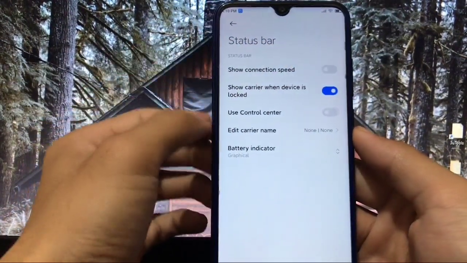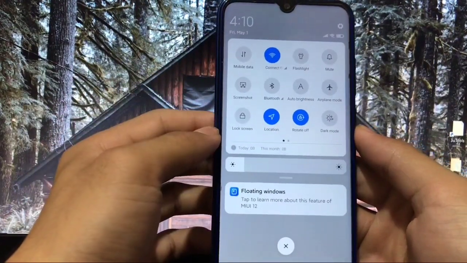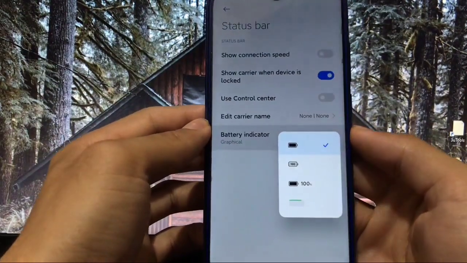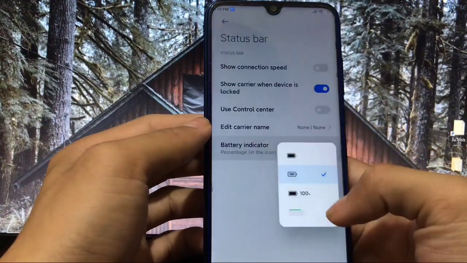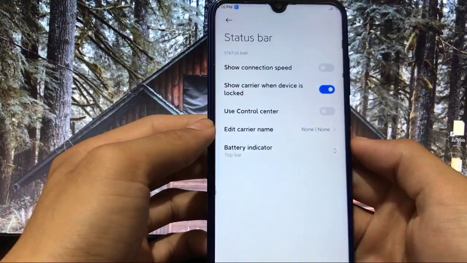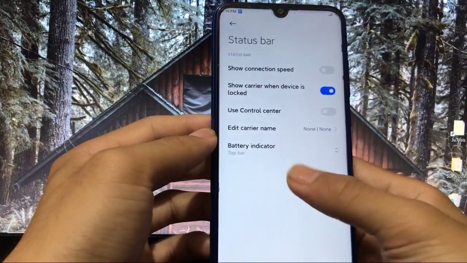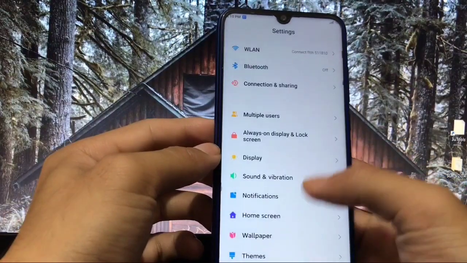If you don't like it, you can use the MIUI 11 control center or MIUI 11 notification bar, which looks very good. Also there is a new menu for selecting items, like if you want to select this one, select this one. So the short menu looks very good. In the status bar, these are the options. The hide notch option is not available in this GSI.